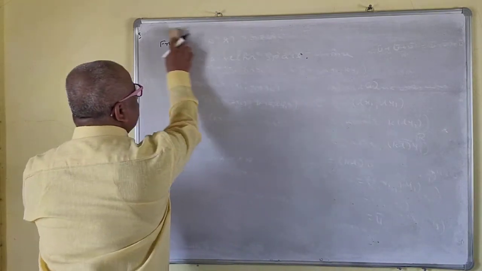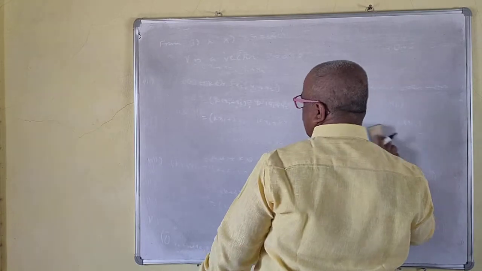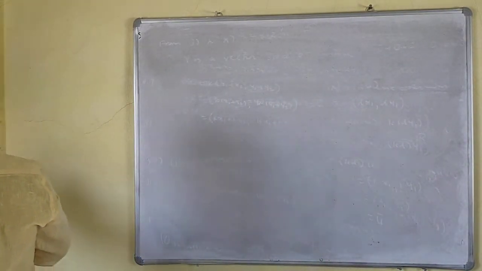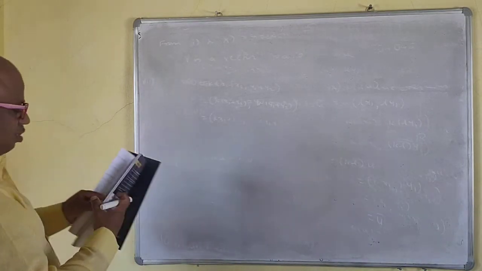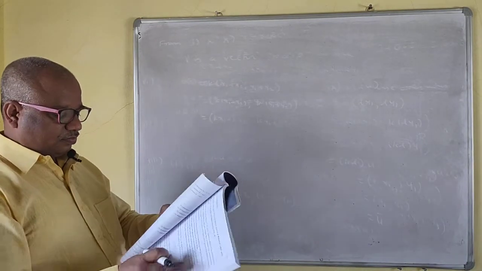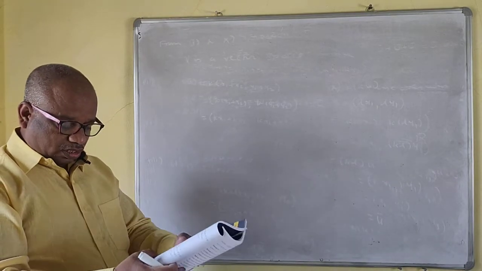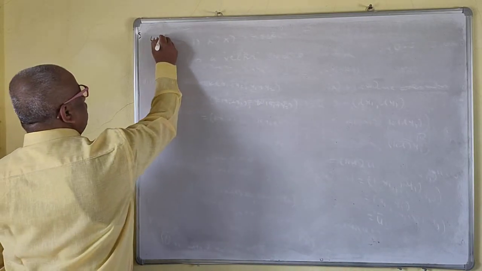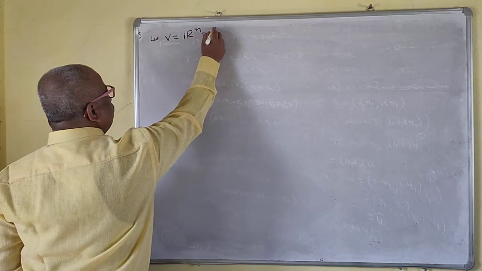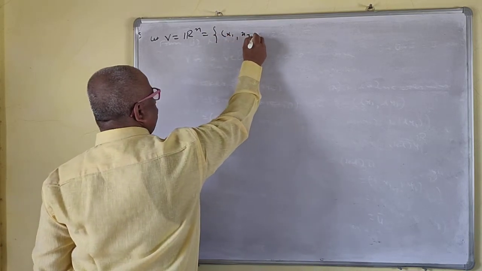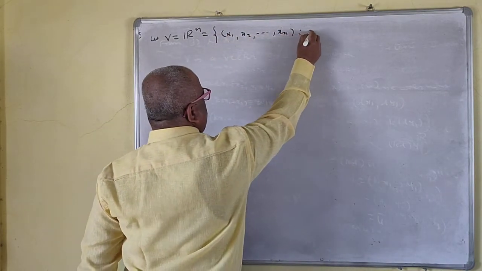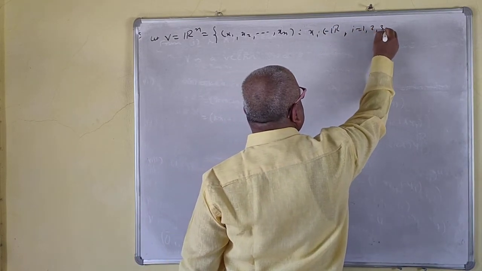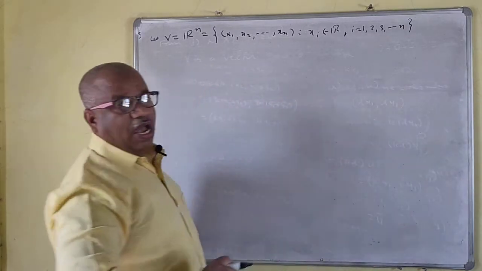Okay, so we'll see one more problem so that you will understand this. We'll discuss some problems here, whether they are a vector space or not a vector space. I hope that you understand all of this. So we'll generalize this now. V is equal to Rn. Rn means what? The set of all (x1, x2, ..., xn), each xi belongs to R, i runs from 1 to n. This is the V.